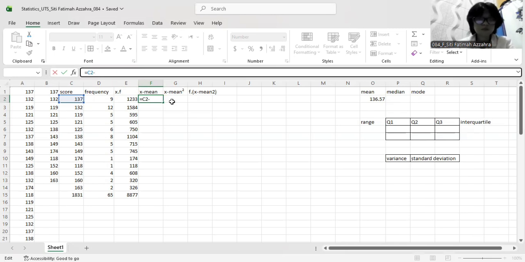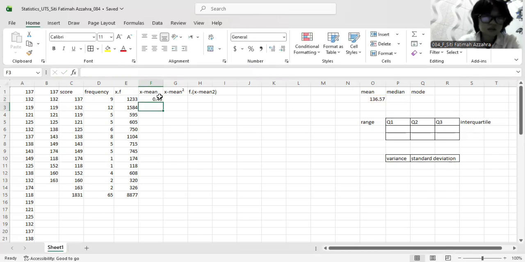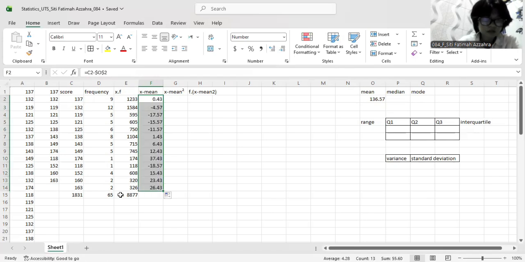Okay, so for this, you go to equals, and then you go to score, and it's going to be minus the result of this. And for the score to be fixed, you put a $ sign, so the result won't be a mess, with those big numbers that you don't want. Then you press enter, and you can just drag it right here with the smaller arrow, and drag this sum result for this too.